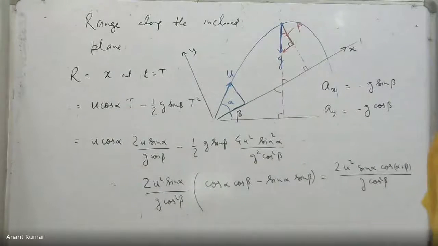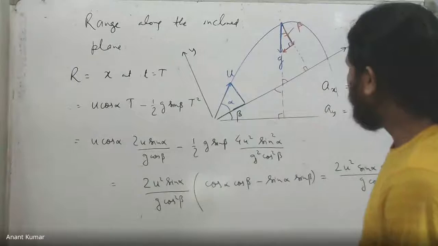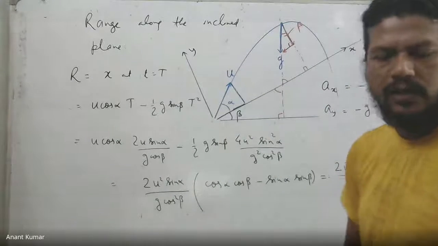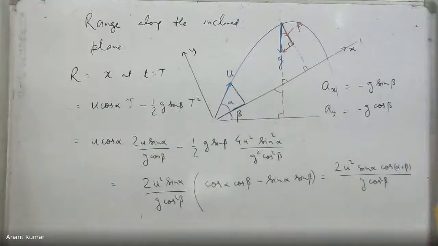In normal cases, because in this case the symmetry of the parabola is not this way, it is still the same line, the vertical, about which it is symmetrical. So you cannot simply do that. I'm not talking about maximum height, by the way. I'm talking about the maximum range along the inclined surface, not the height.